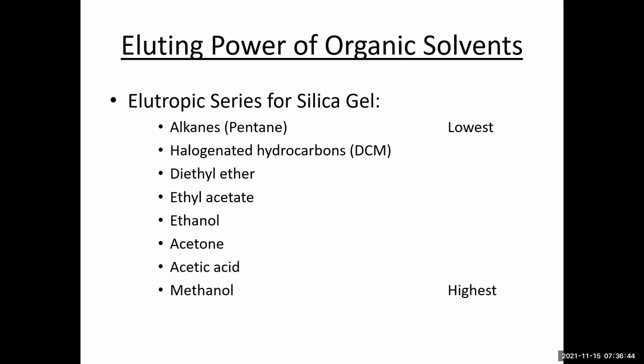So if you've got a bunch of spots that are hovering towards the bottom of a TLC plate, or stuck on the top of a column, and you want to get them to start moving, you need to use a more polar solvent, and that will get all of the compounds moving more quickly, and still relatively in their order based on their affinity for the silica gel in the first place.